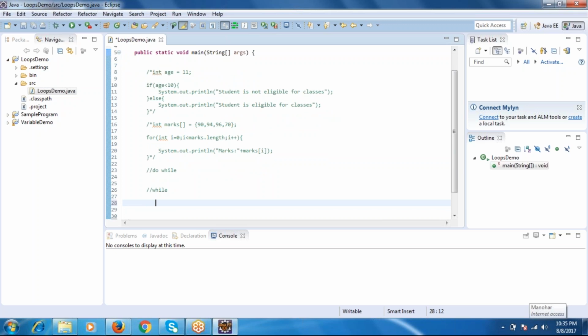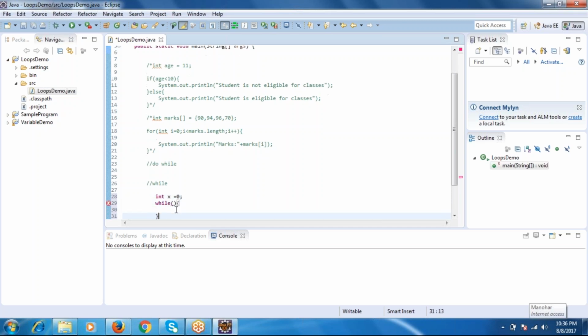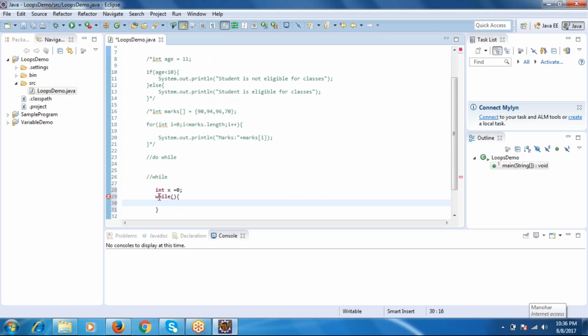We can display the numbers from 1 to 10 in two ways. The first way is by using a while loop. So I'm declaring a variable, integer x equal to 0, the default value is 0 that I had given. Now the while loop: while is a keyword, and inside the open and close brackets you have to write the condition. That condition should give a boolean value. So x less than